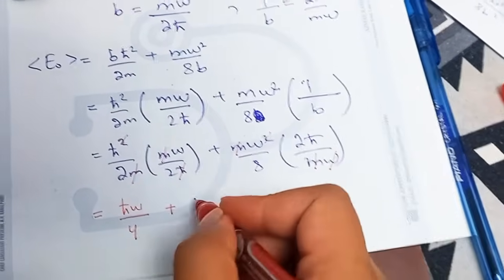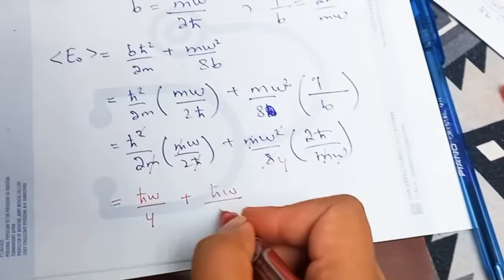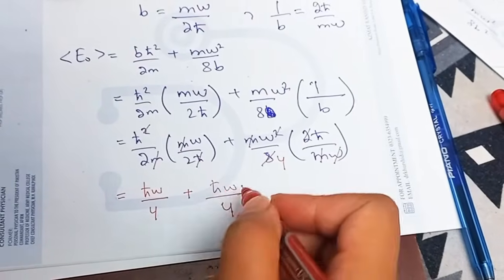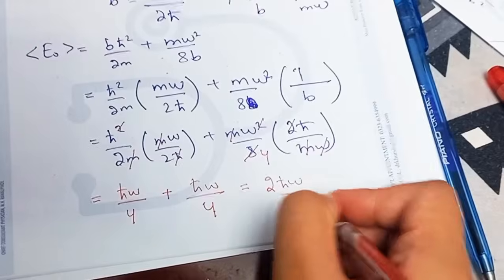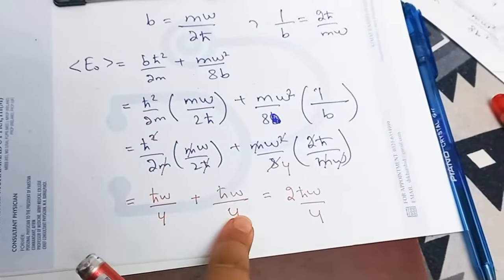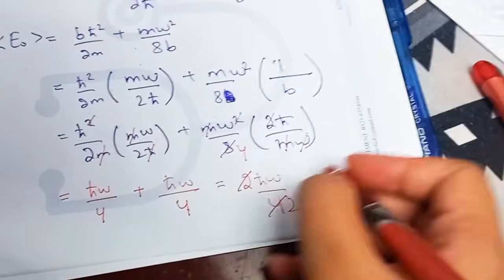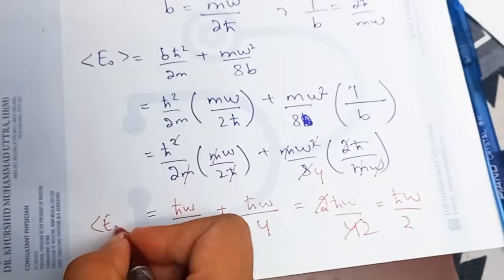It's ħω over 2 times 2, so 2 fours are 8, so it's ħω by 4 plus ħω by 4, which will become 2ħω by 4. Since both of them are the same, it means 2 times ħω by 4. 2 ones are 2, 2 twos are 4, so it's ħω by 2, which is the ground state energy,